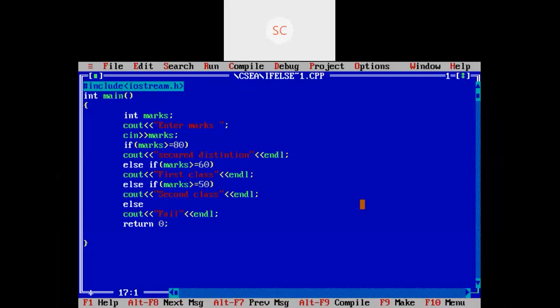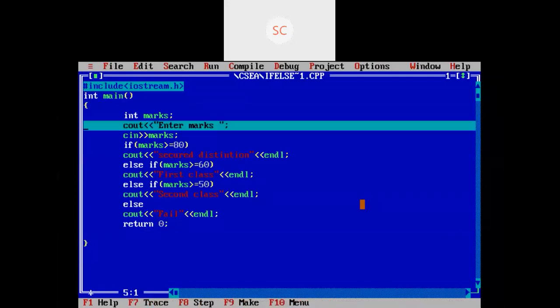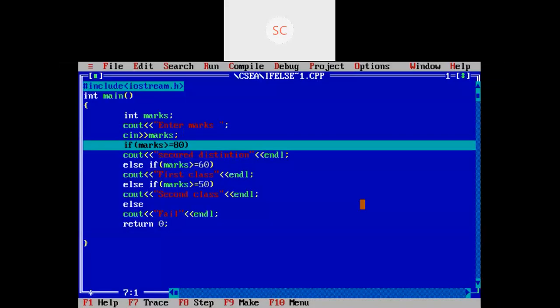First, which statement is going to execute first, and how the control is moving to the next statement. Okay, just once again I'm debugging this one. You can observe, first it will ask for the marks. So enter the marks here. Okay, some 60. Or else we will enter some 20 here. Now you can see how the control will move from one statement to another statement.